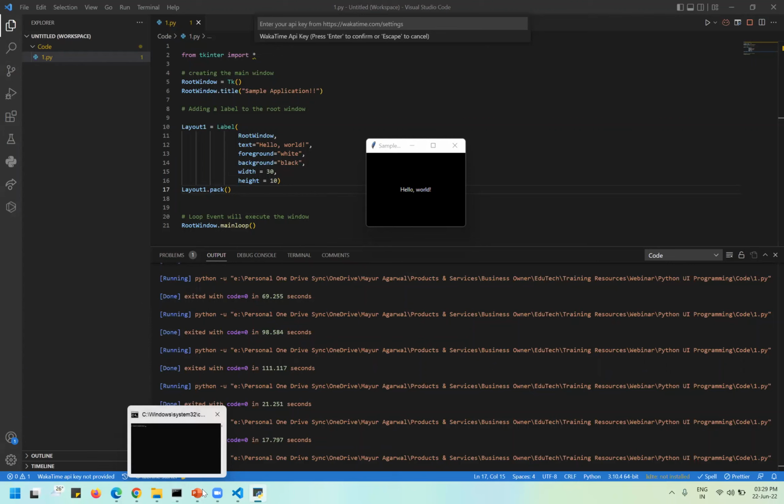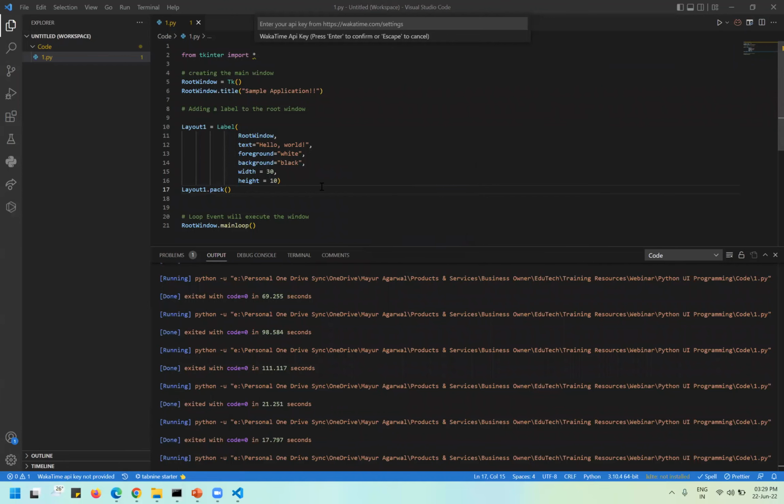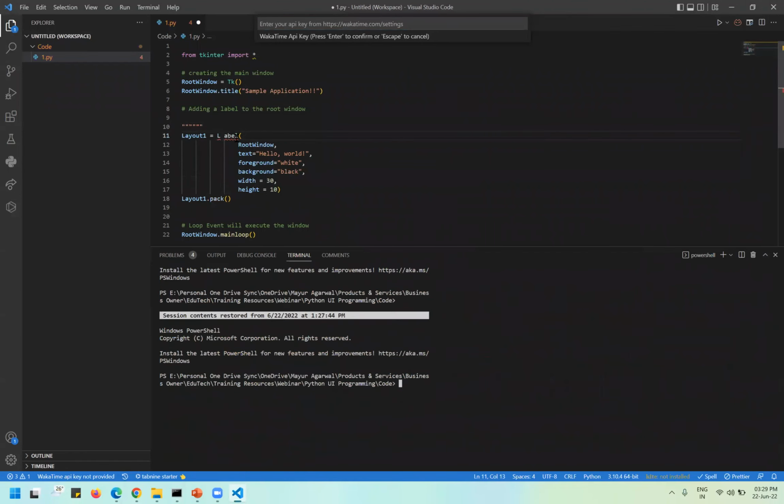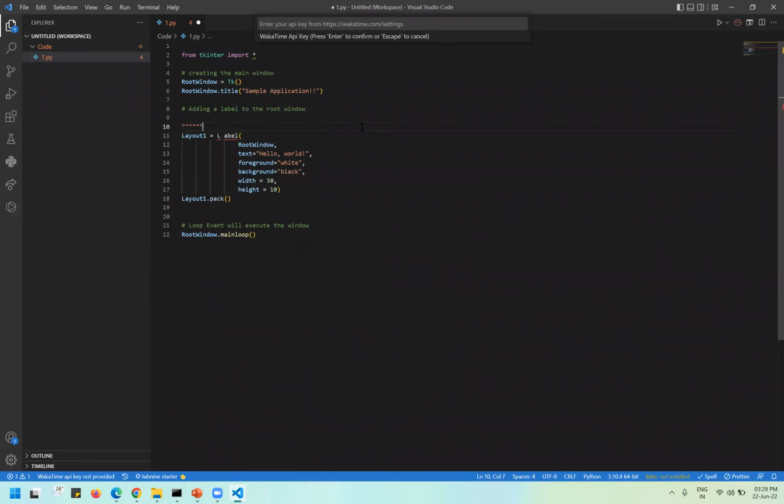Right. In a similar way, you can also have a message box added. I can just stop this now and say, okay, I don't want this layout, so I can just comment it out. You can always minimize this window. And in a similar way, you can add